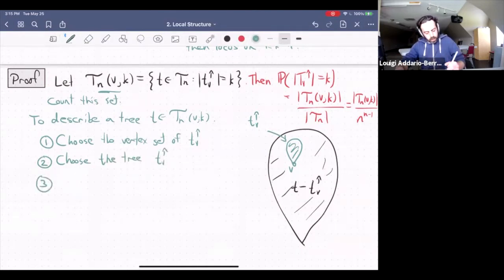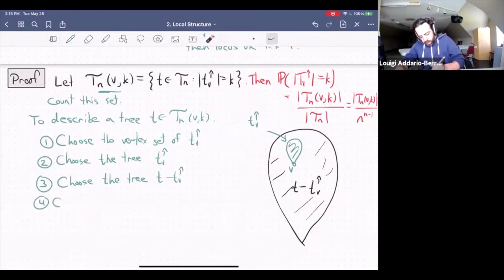And then the third step is to choose the other tree, T minus T_V up arrow. I don't need to choose its vertex set because it's just all the remaining vertices. So choose the tree T minus T_V up arrow. And fourth,